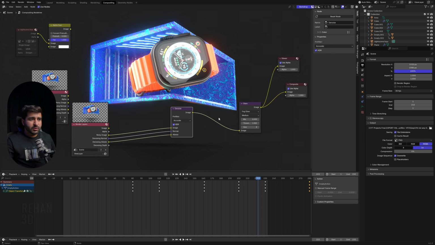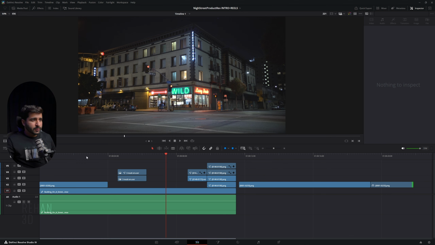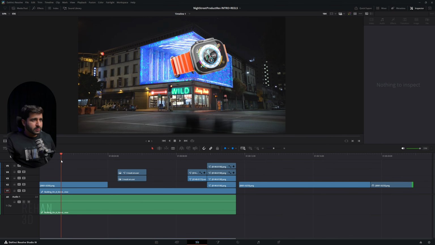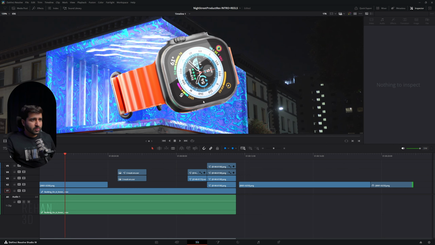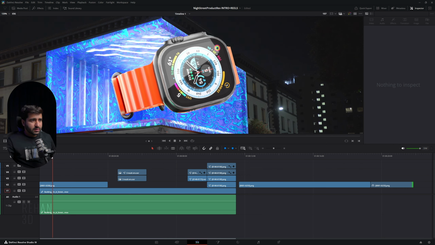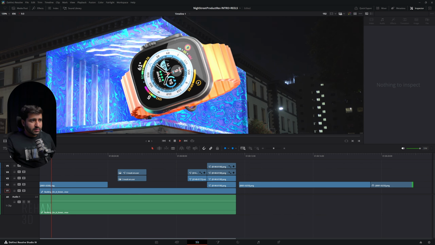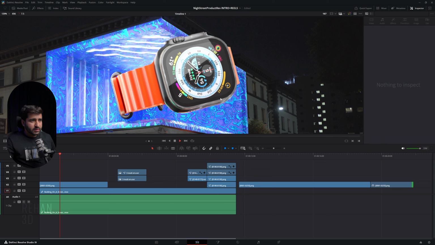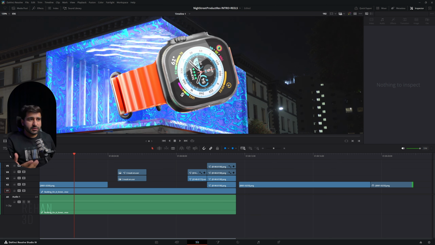Let me show you the issues which I faced in rendering, so you don't face them and can easily solve them, because I spent hours trying to get rid of this denoise issue. You can see, just keep an eye on this side, and you will see this flickering issue, because Blender has this flickering issue.